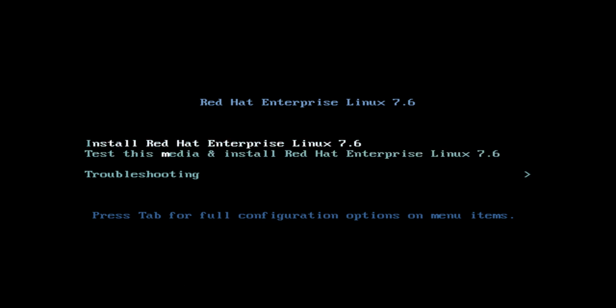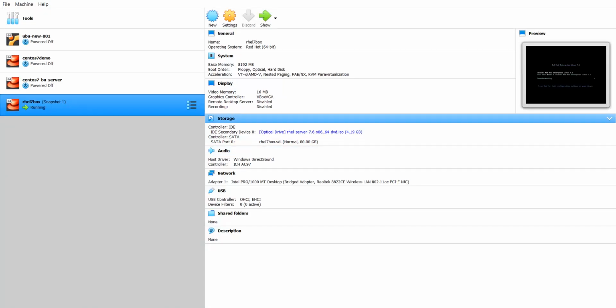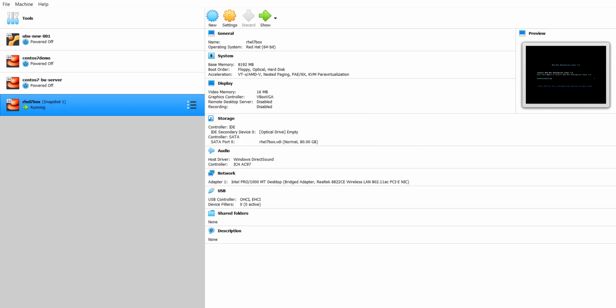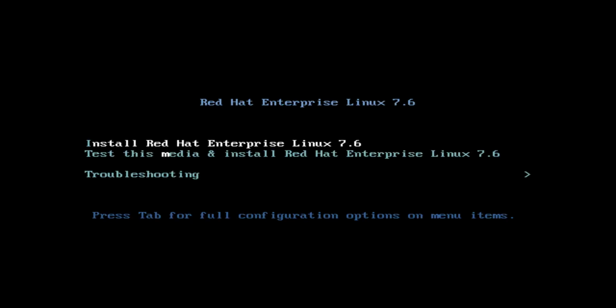All right. So now what I need to do is eject the CD-ROM, by the way. I apologize. And let's go ahead and do that. Remove the disk. Force remount. So we just basically did the equivalent to hitting the physical eject button on the DVD ROM drive. So now what I need to do is reboot this machine